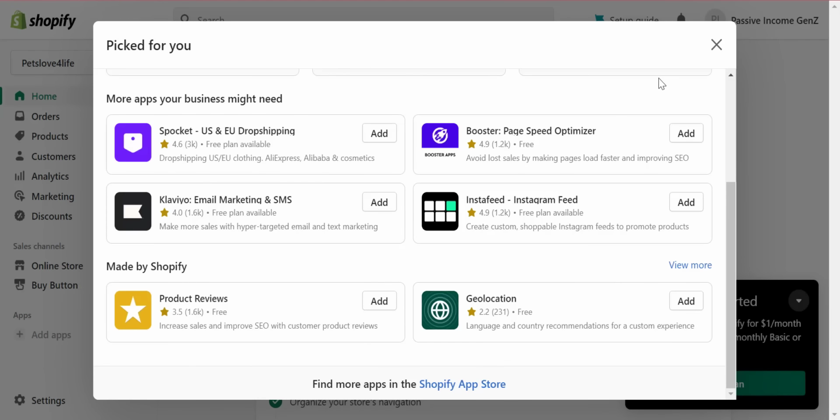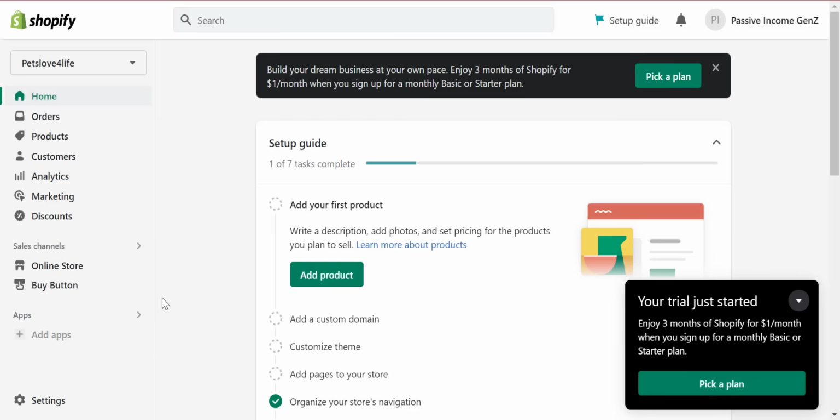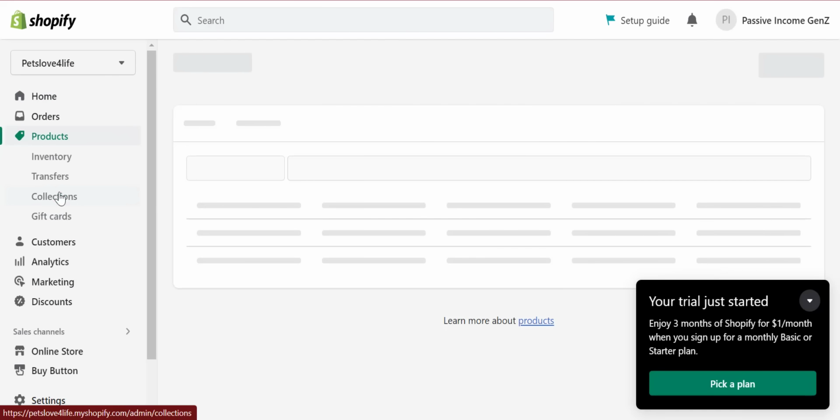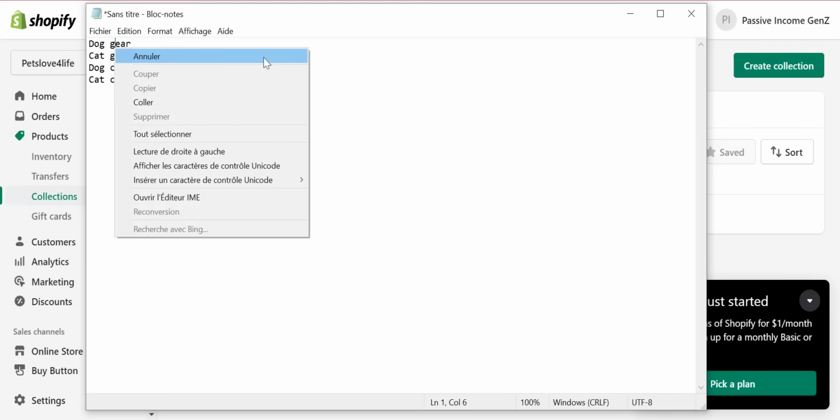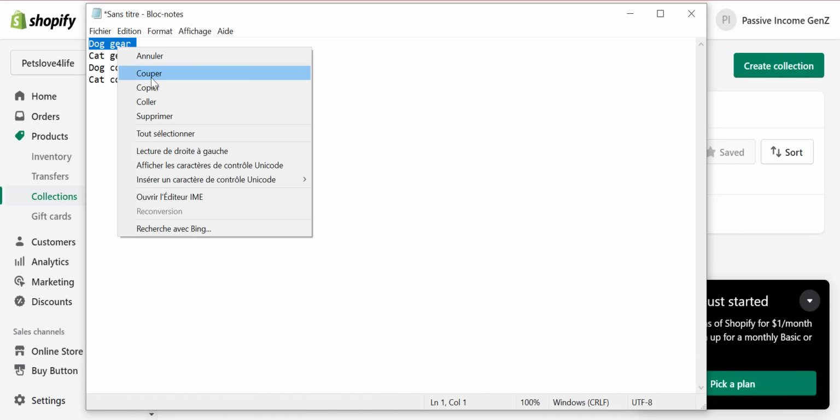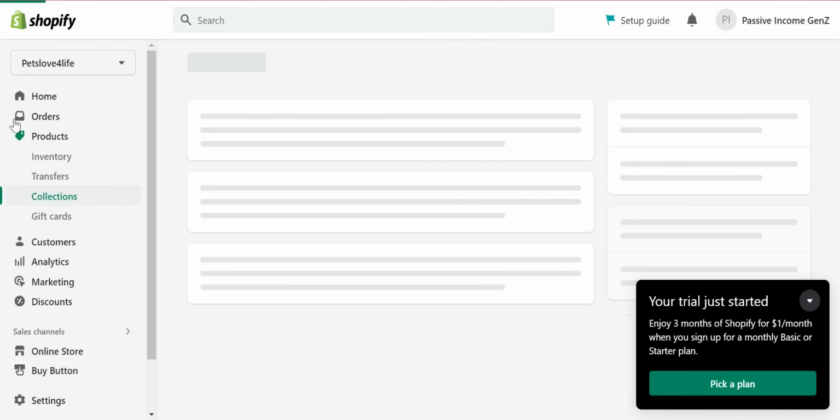All right, so head back to your Shopify store, close this window down, and in order for us to add these collections of products or categories, come here, click on products, then here you can see categories, and we're just going to start adding the categories. The first one is dog gear, and because I'm lazy, I'm just going to copy this and basically just,